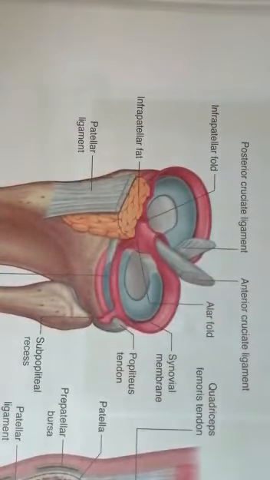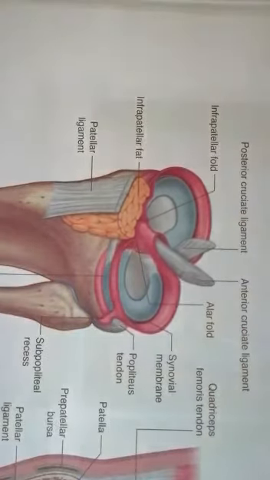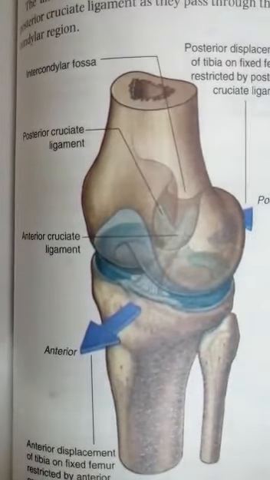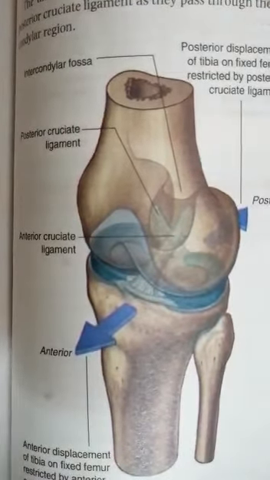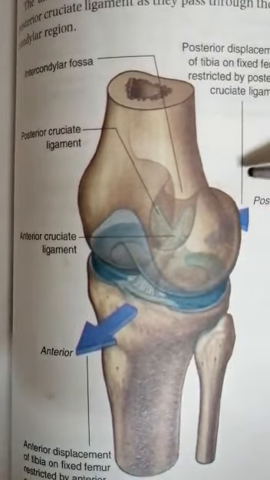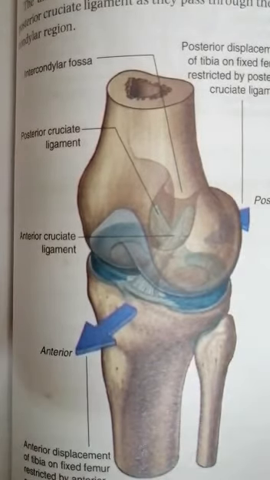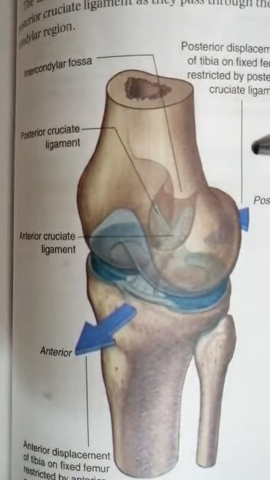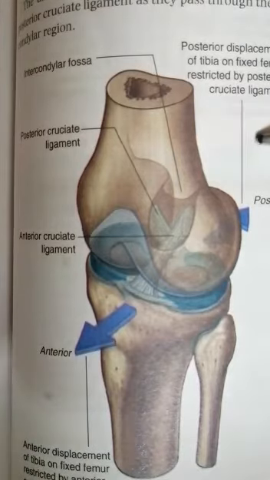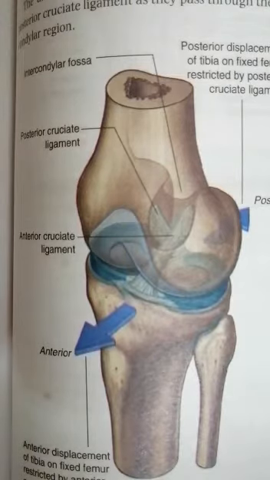Now we are going to discuss some of the movements and the locking and unlocking mechanism of the knee joint. Here the movement of a knee joint is shown, that is flexion and extension, mostly provided by the quadriceps femoris muscles. The locking and unlocking mechanism: flexion and lateral rotation are going to unlock the knee joint, while medial rotation and extension are going to lock the knee joint.